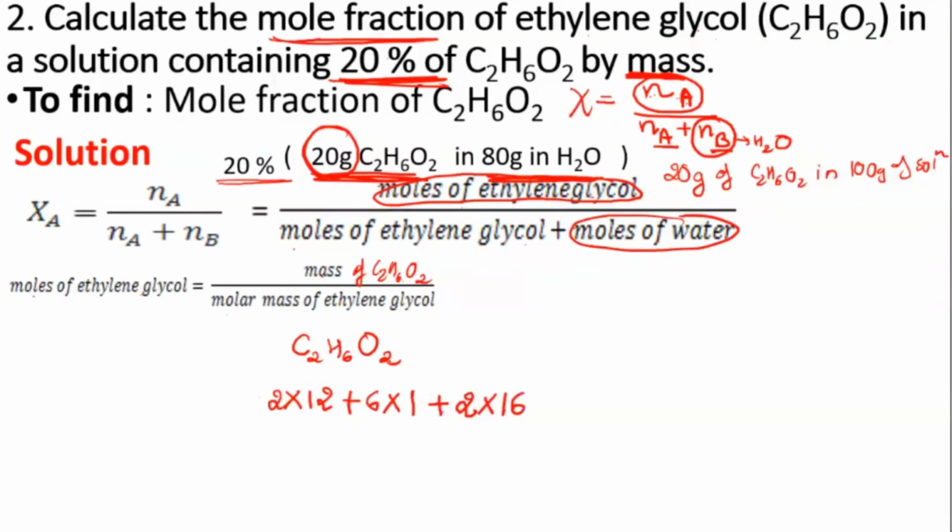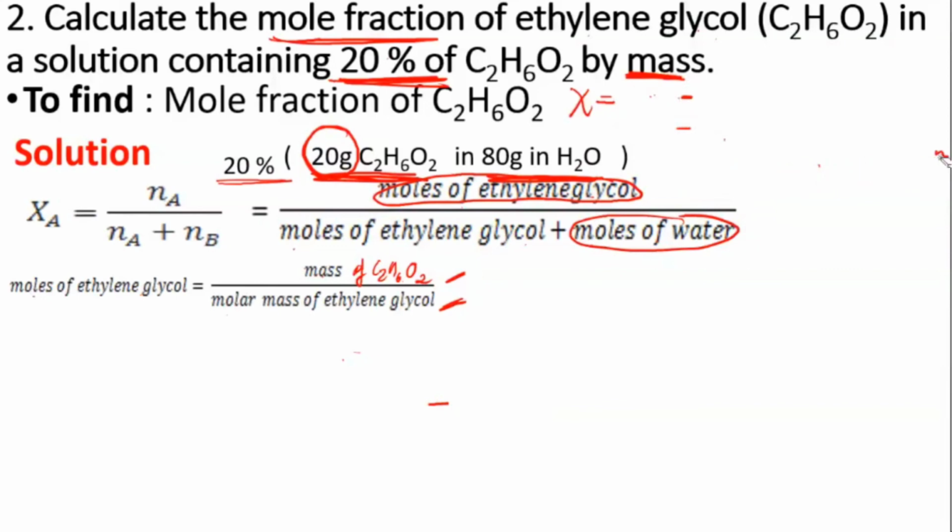In mole fraction, you need to find out the mass part first, and molar mass they usually don't give. If it is a simple compound like your water, they have not given it, and you may have to calculate it. But if it is a bigger, larger compound which you are not much familiar with, then they will give it. Most of the time, for simple compounds you need to calculate. So this is how you need to calculate. I have shown it on the other side. You can see here.